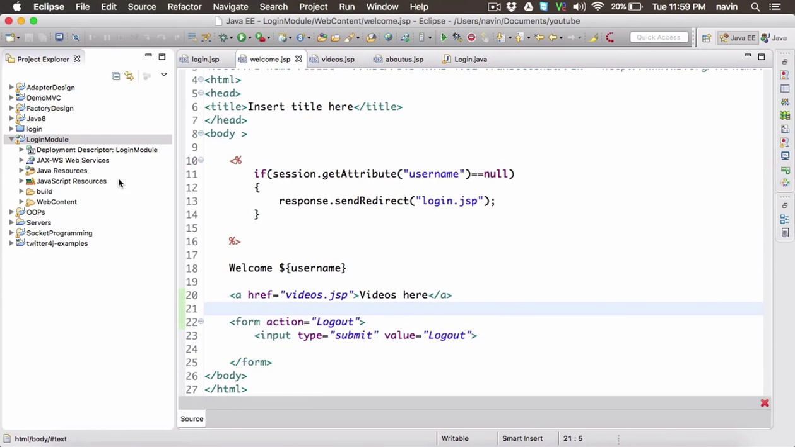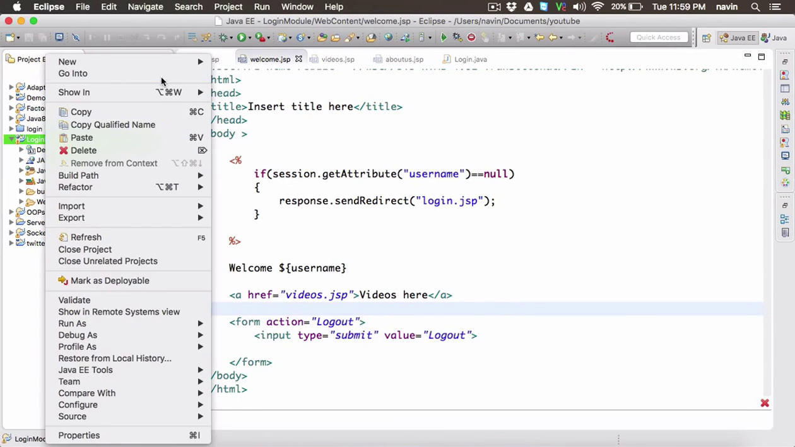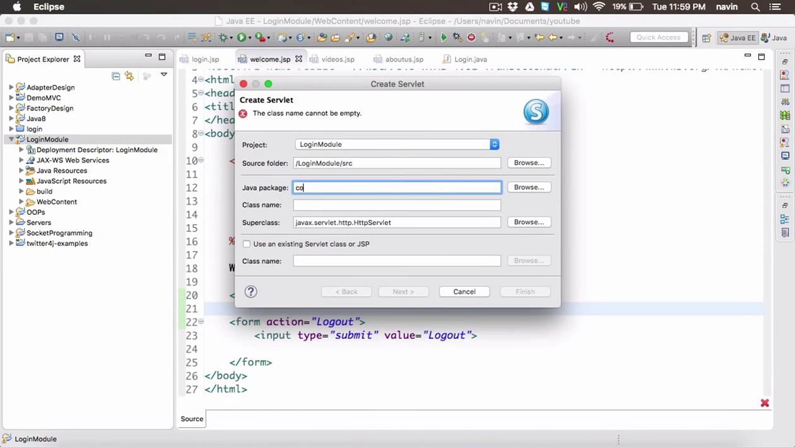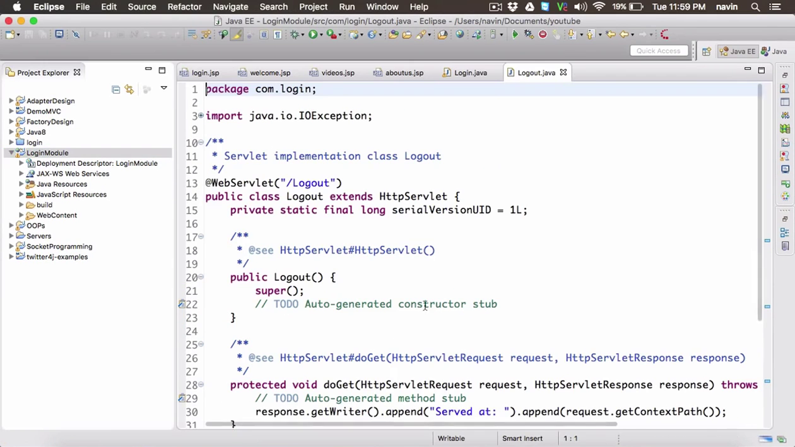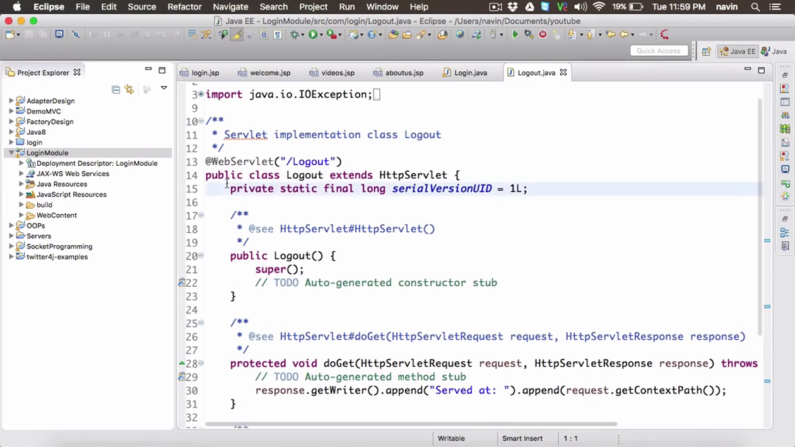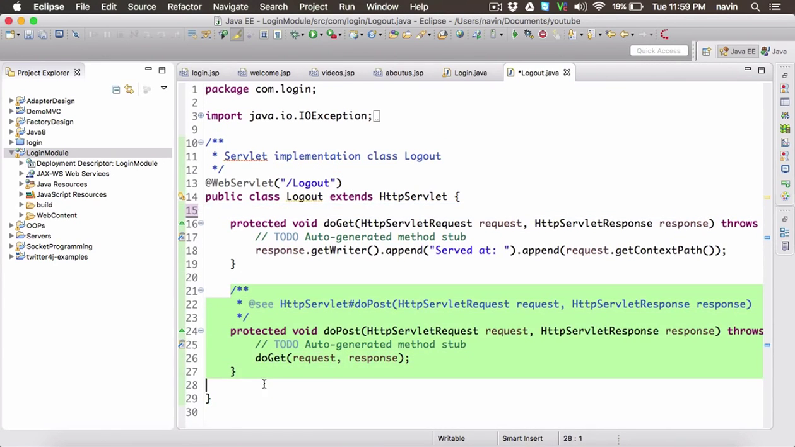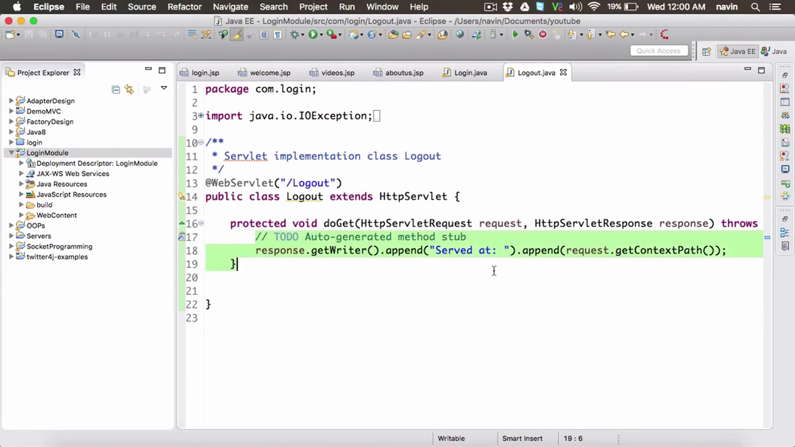Simple. And once you click on this logout button, it will call a logout page. So we'll say new logout, not JSP, logout.servlet. So we'll say new servlet. This will be com.login, and it belongs to the name. It will be logout. Right, and let me remove all this extra stuff here. Let's only focus on the get method, and inside this we'll mention,